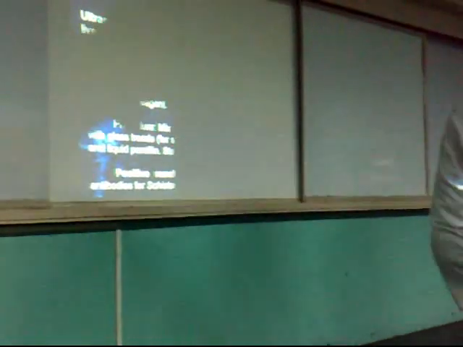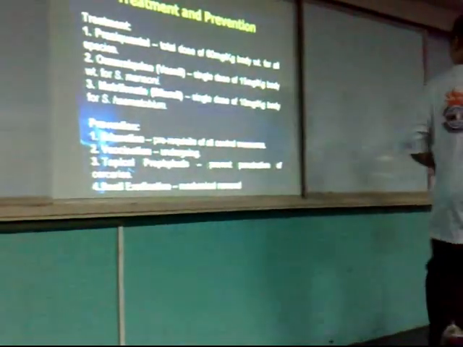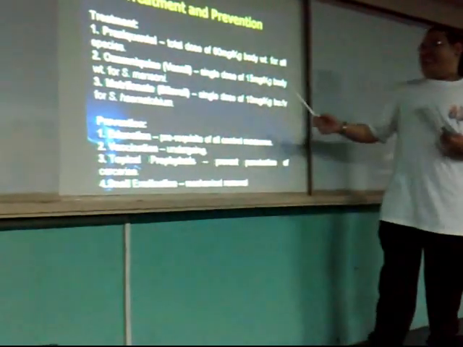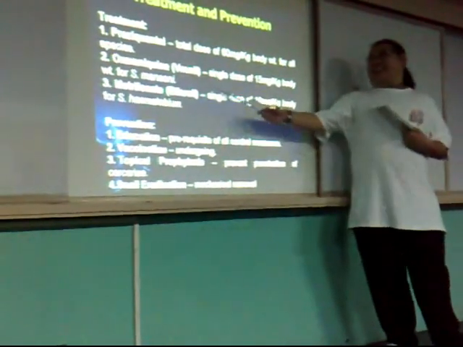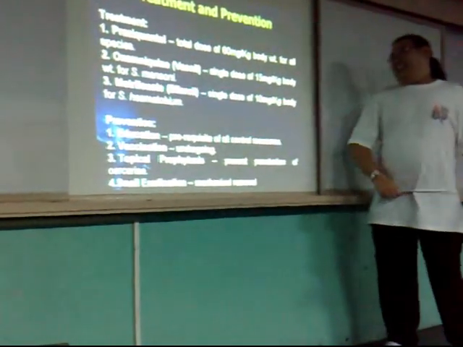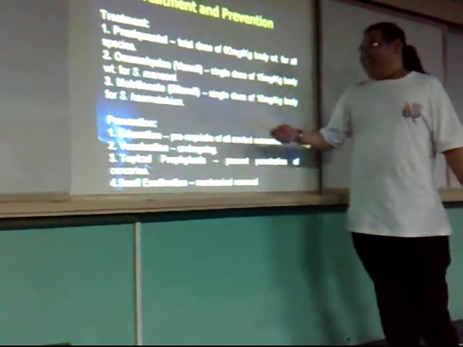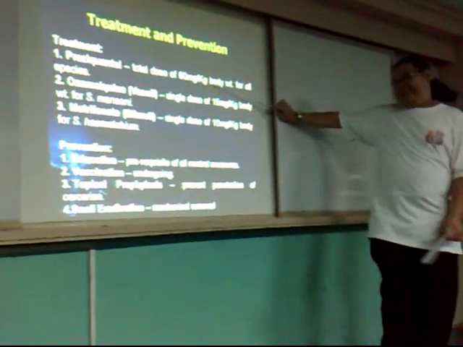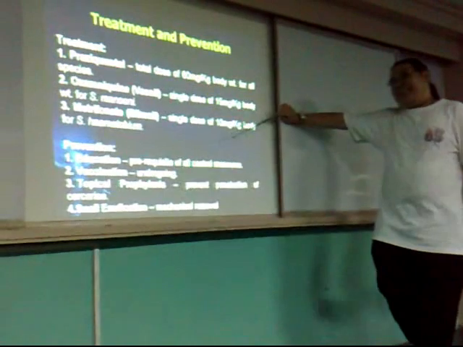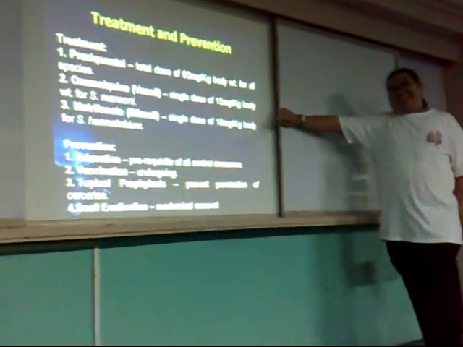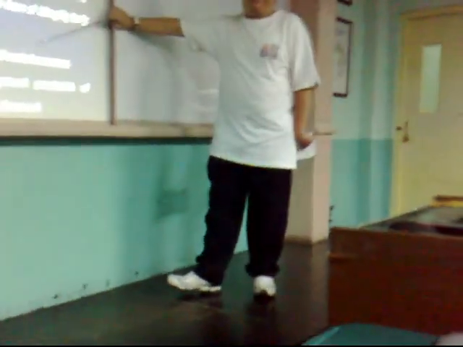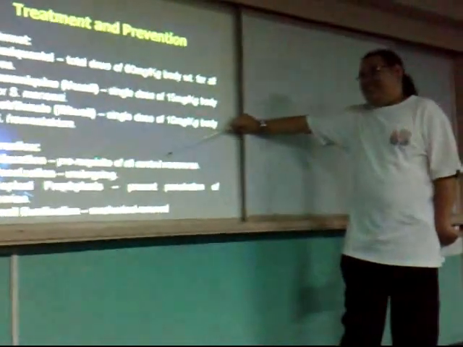So to treat this disease, we can use three drugs: praziquantel for all species, oxamniquine for mansoni, and metrifonate for haematobium. Single dose, total dose. To prevent this, obviously we need education. We deliver education about all components. You tell them not to wade in the water,